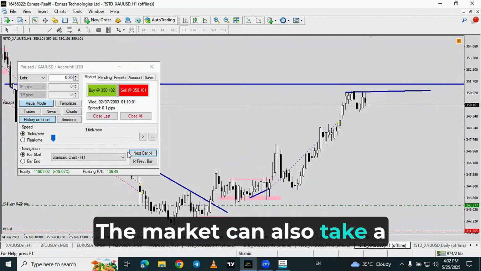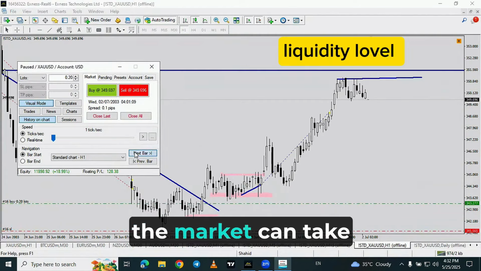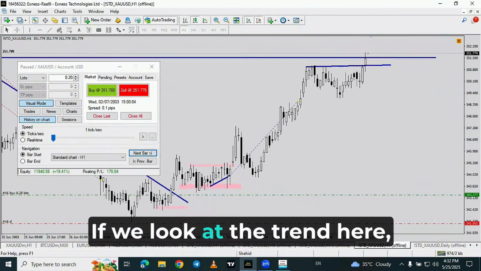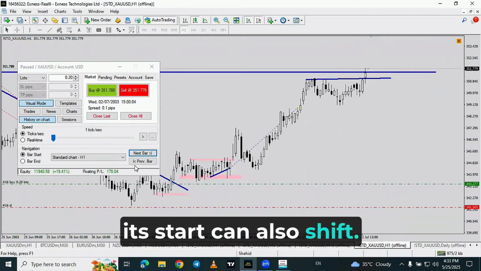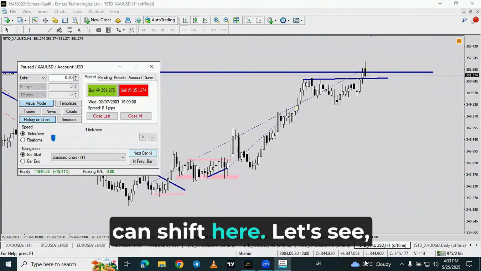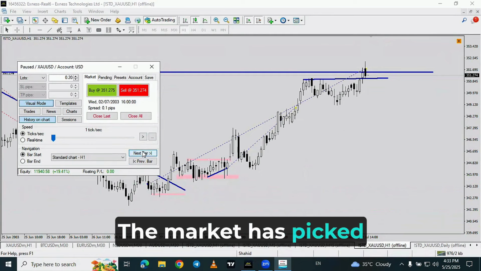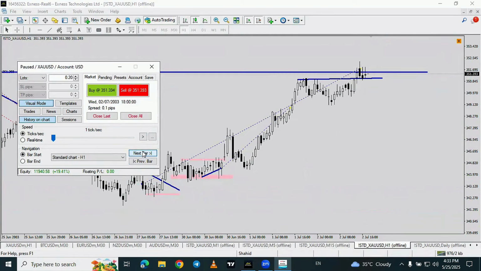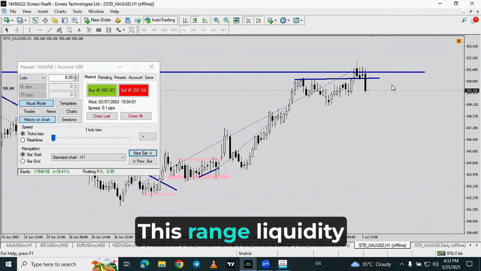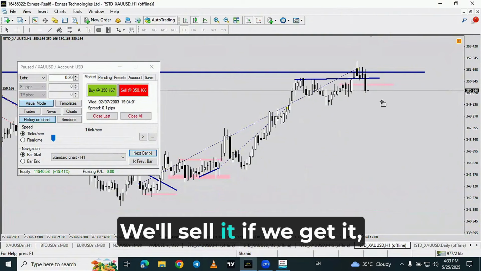The market can also take a reversal here. If you see, the market can take a reversal here. If we look at the trend here, its start can also shift. If you see, the buy side is done and the sell side structure can shift here. Let's see. We'll wait. The market has picked the liquidity. Look. It has made liquidity above and below here. Look, the market switch. This range liquidity is lying above it. We'll sell it if we get it, but